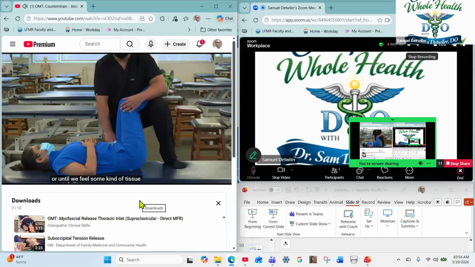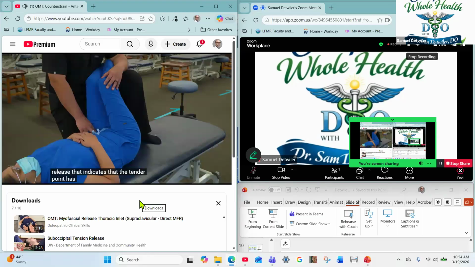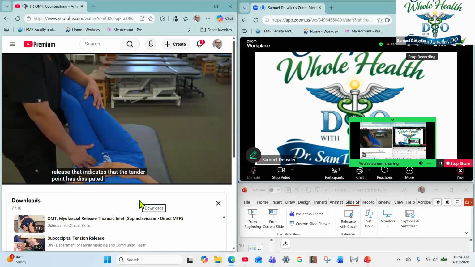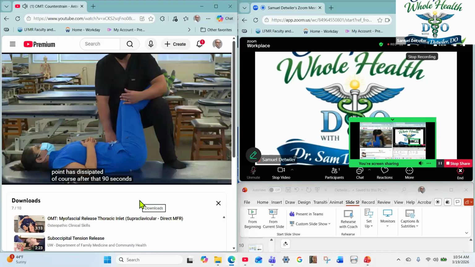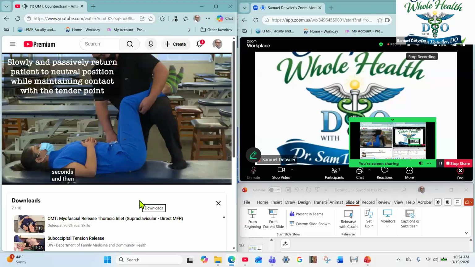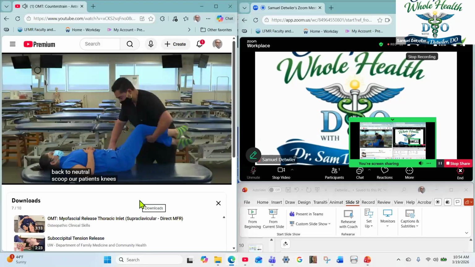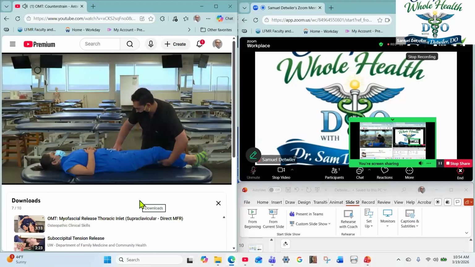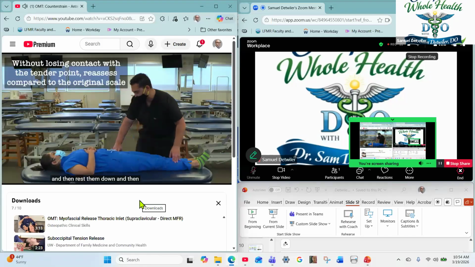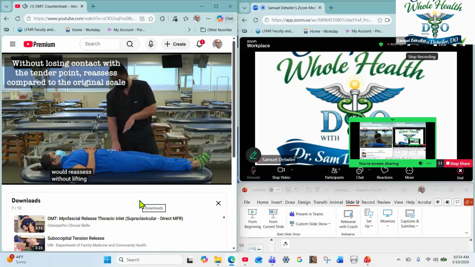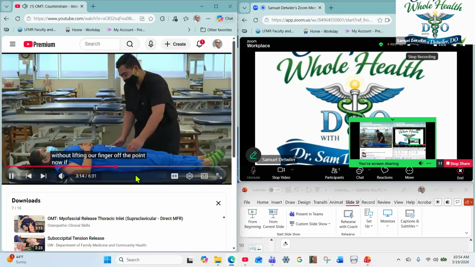or until we feel some kind of tissue release that indicates that the tender point has dissipated. And of course, after that 90 seconds, we would return our patient to a neutral position passively. So we're going to assume that we completed our 90 seconds, and then we would return our patient back to neutral, scoop our patient's knees, and then rest them down, and then we would reassess without lifting our finger off the point. Now, if we were going to instead treat